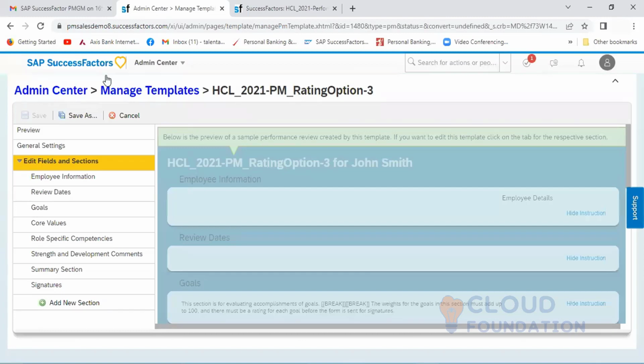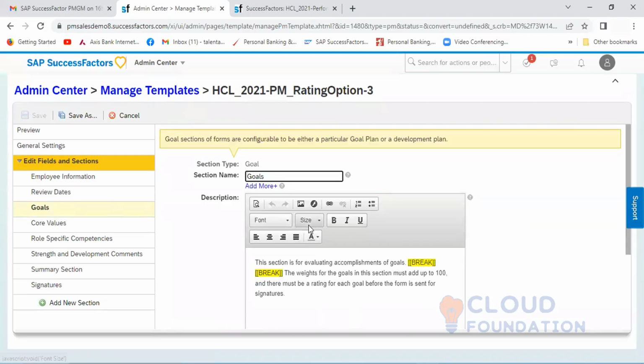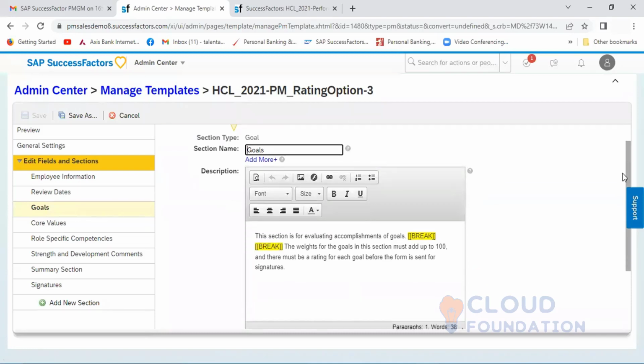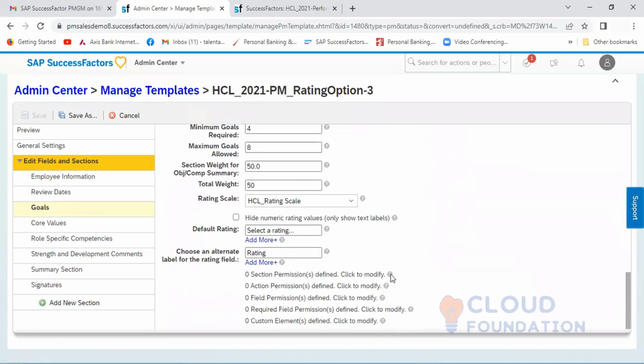So you have to go back to the template, and again you have to go to the goal, because those are coming under the goals only. Okay, go to the show advanced option, scroll down. Last time we saw the section permission. Now giving mandatory is something like a required field permission. So you have to click on the required permission